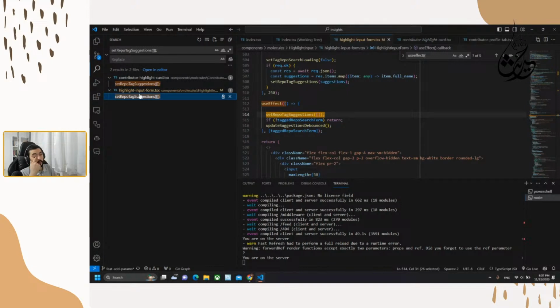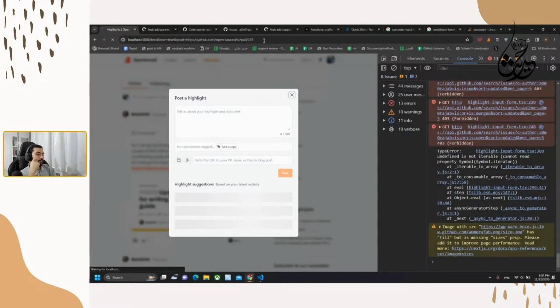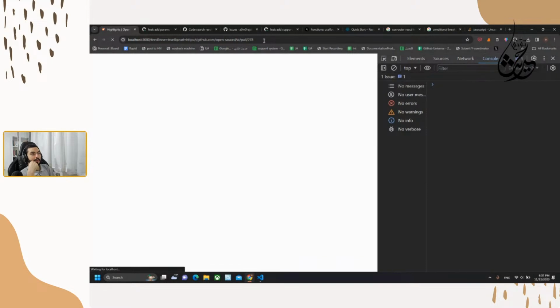So if we do it in one of them, we need to do it in the other. So let's go to large screens and run the code again. It might be that the issue.